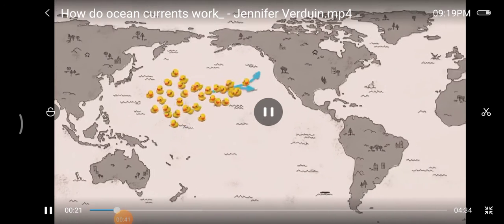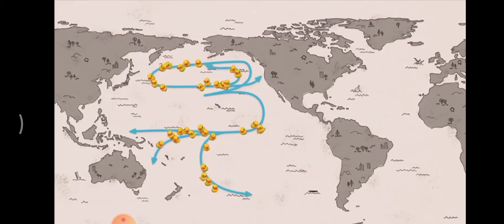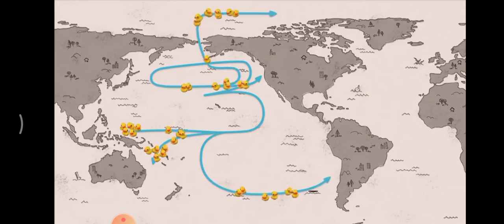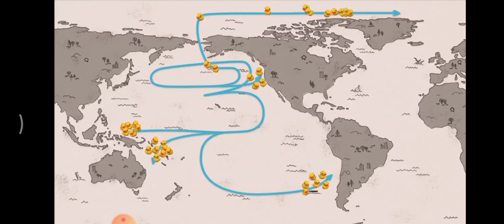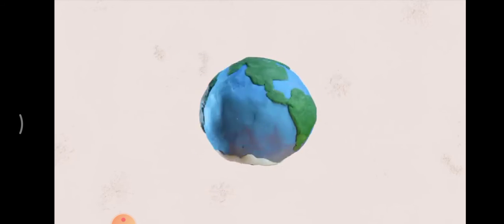Pacific, but they didn't stick together. Quite the opposite. The ducks have since washed up all over the world, and researchers have used their paths to chart a better understanding of ocean currents. Ocean currents are driven by a range of sources: the wind, tides, changes in water density, and the rotation of the Earth. The topography of the ocean floor and the shoreline modifies those motions, causing currents to speed up, slow